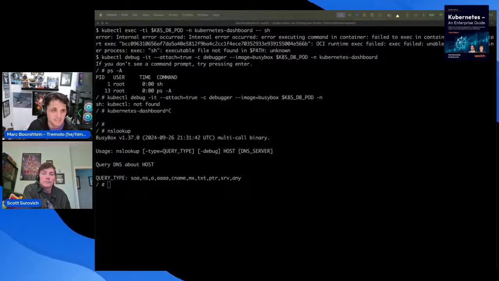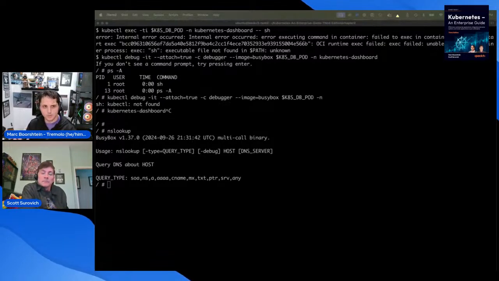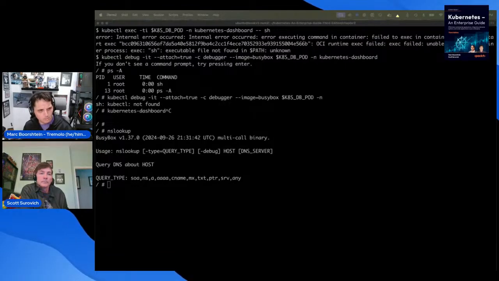The second problem was that PSPs were trying to determine if you could do things based not just on the workload you were creating, the workload's identity, but the creator, which is really painful because you don't create pods. You create deployments that create replica sets that create pods.